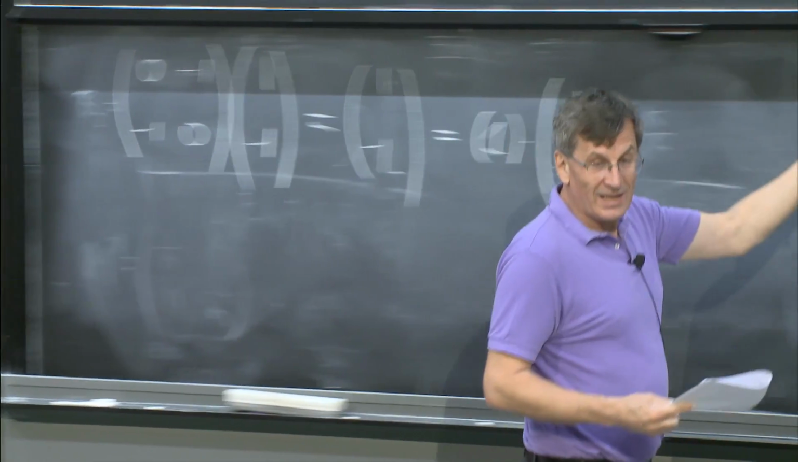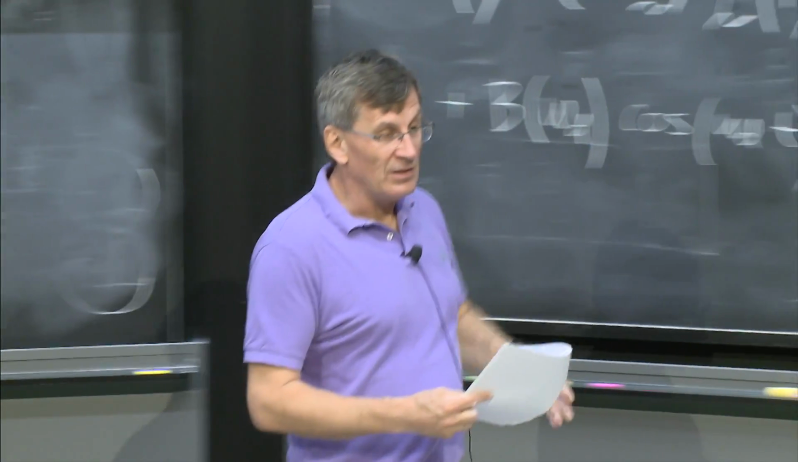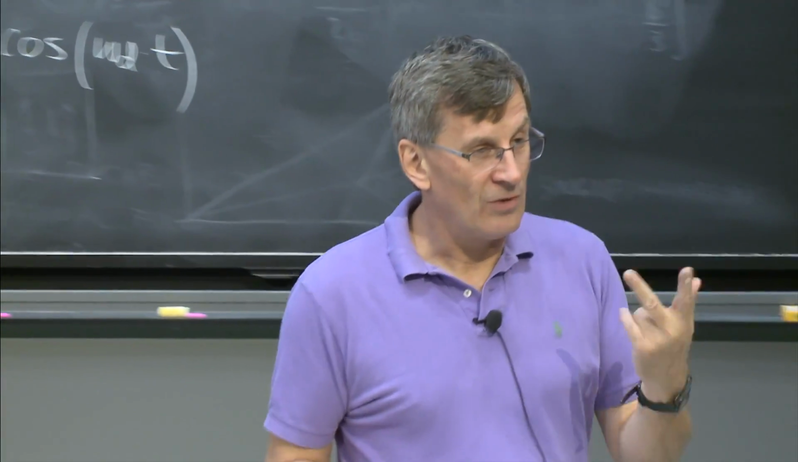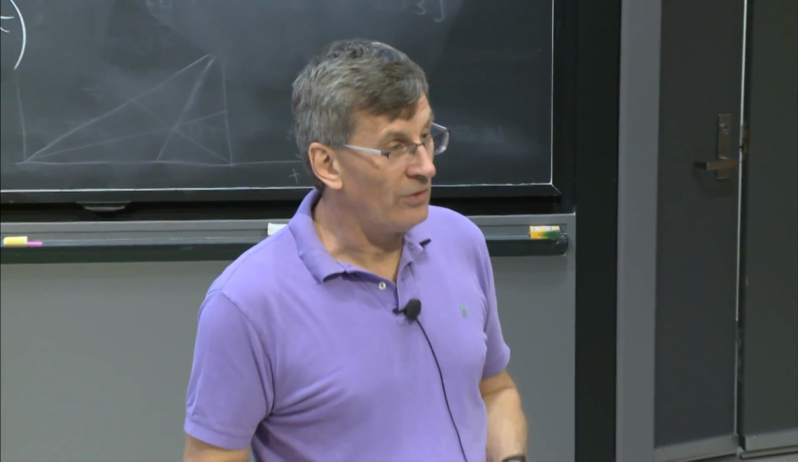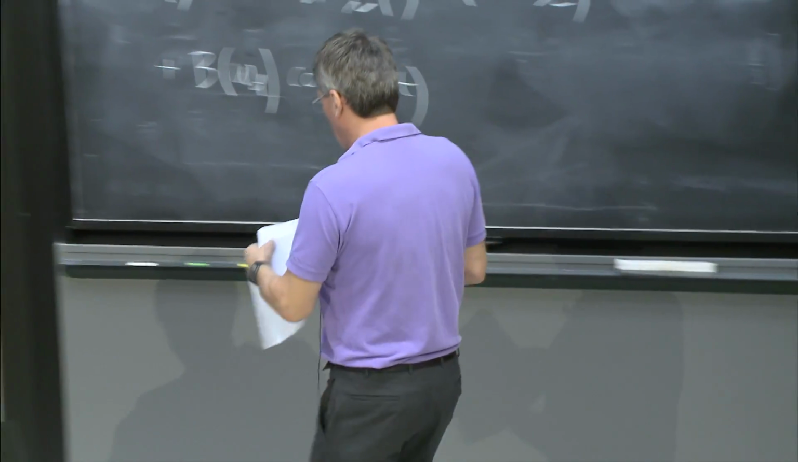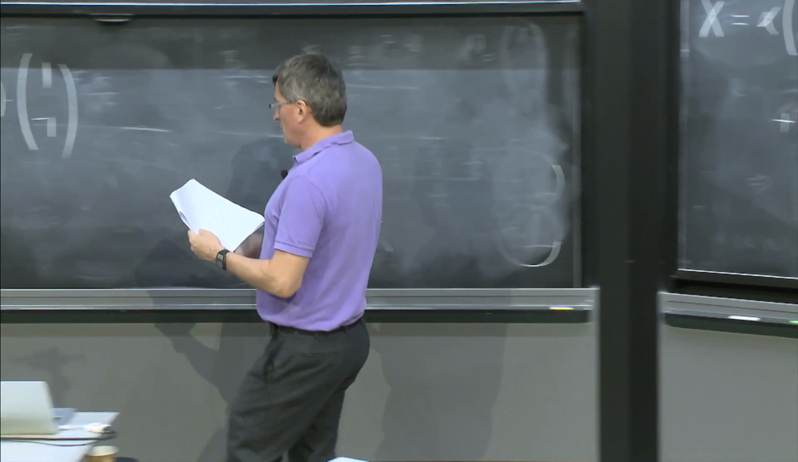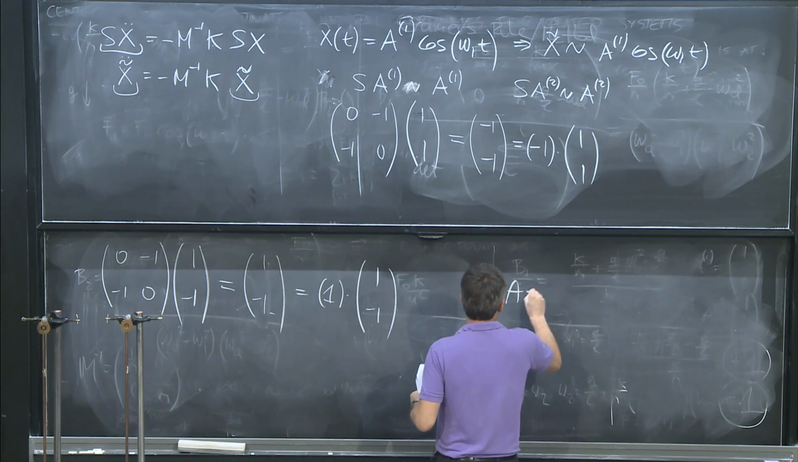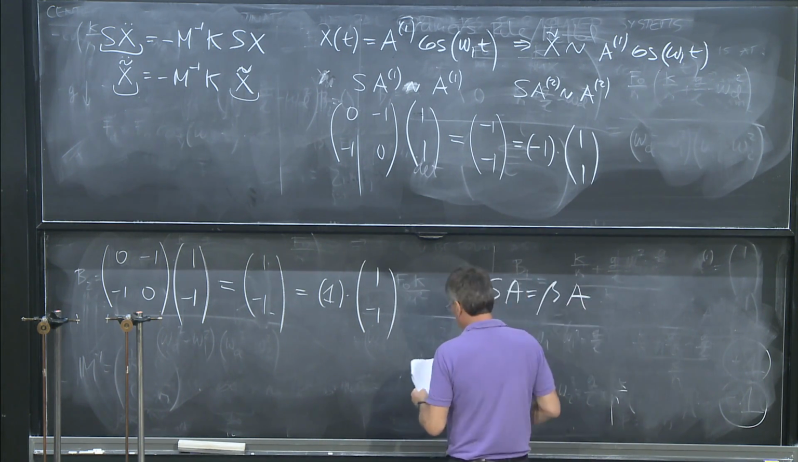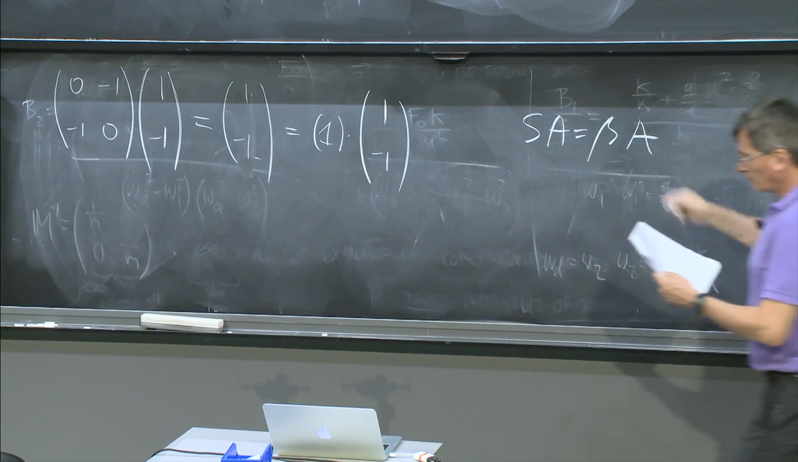So, of course, these are eigenvectors and eigenvalues. The matrix S has 2 eigenvectors, one with eigenvalue of plus 1, the other minus 1. So we have an equation S A is equal to beta times A. And beta is